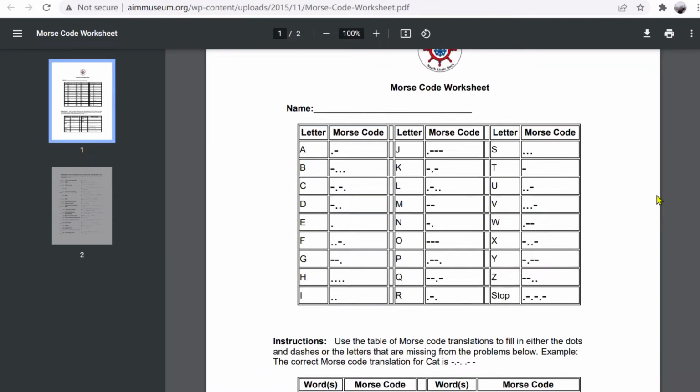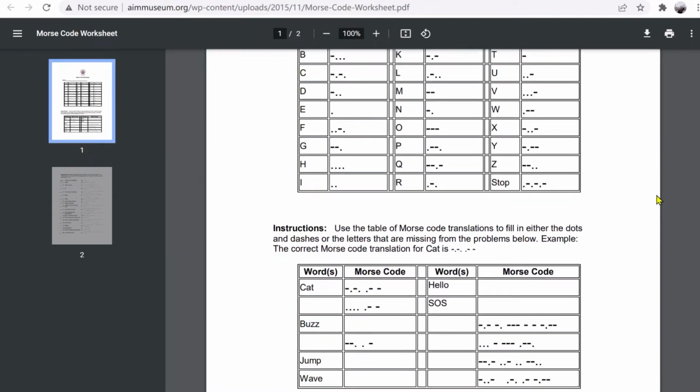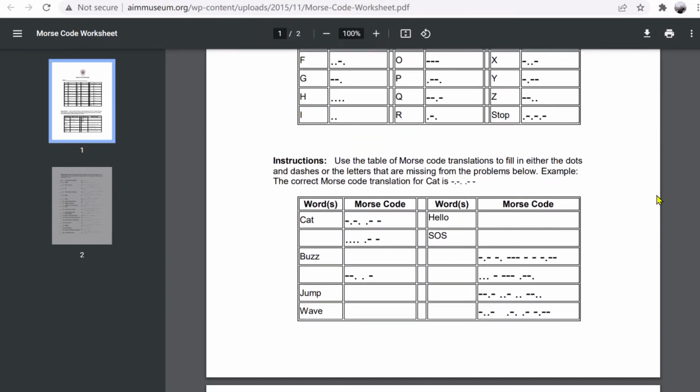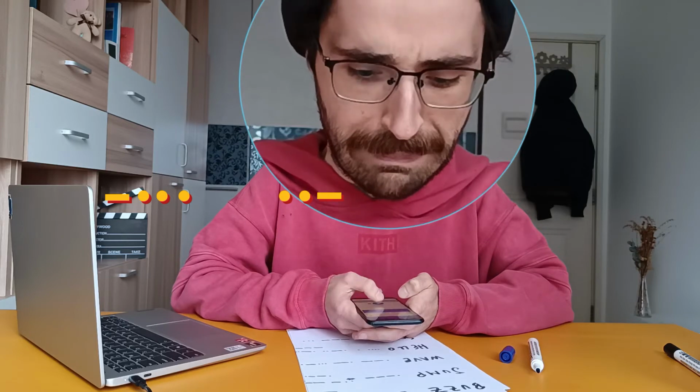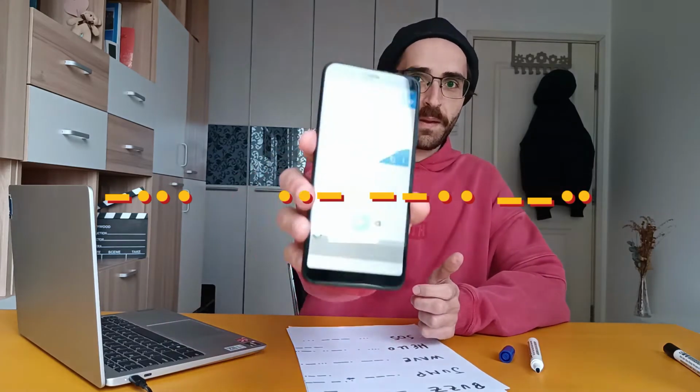I found this worksheet online where they give you words and then you have to find the Morse code for them. Buzz. Bob's the man. Underwear. Zaza. Then another one. Bob. B. U is